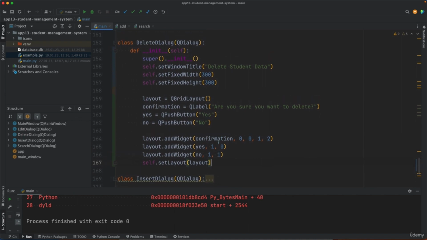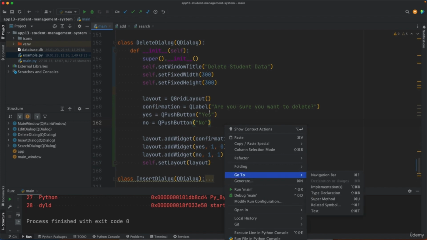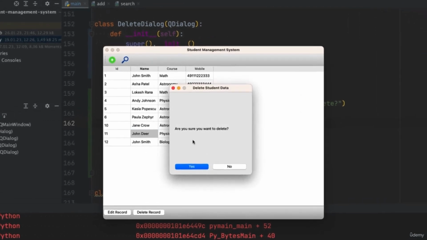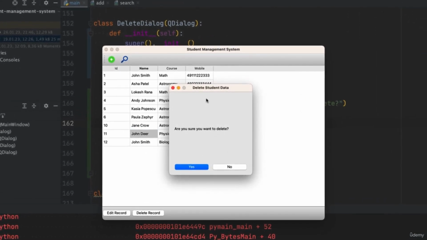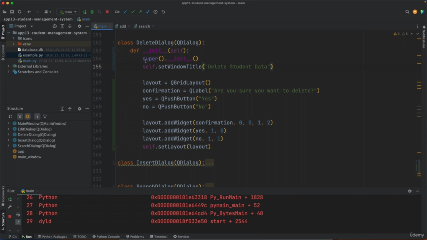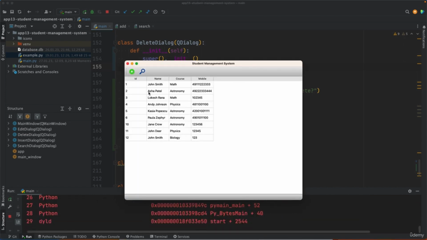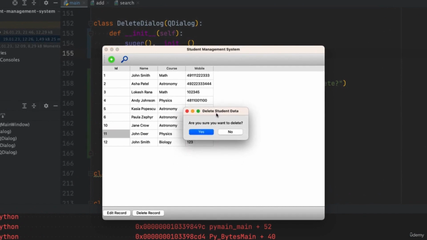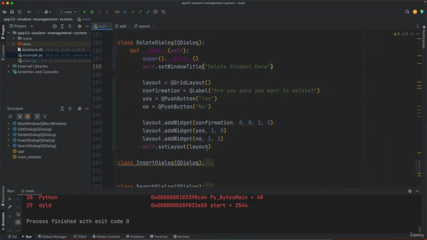Right, so that's the GUI. Now we still need to implement the functionalities so that when the user presses yes, something will happen. But let's see if we've got this right so far. Are you sure you want to delete? Yes, no. The sizing is a bit off, so to fix that, you simply want to remove these two sizing setting lines, and that will use a minimalistic dialog window, which is the case for these kinds of confirmation windows. So are you sure you want to delete? Yes or no? If you press yes, for now nothing happens, but we can handle that